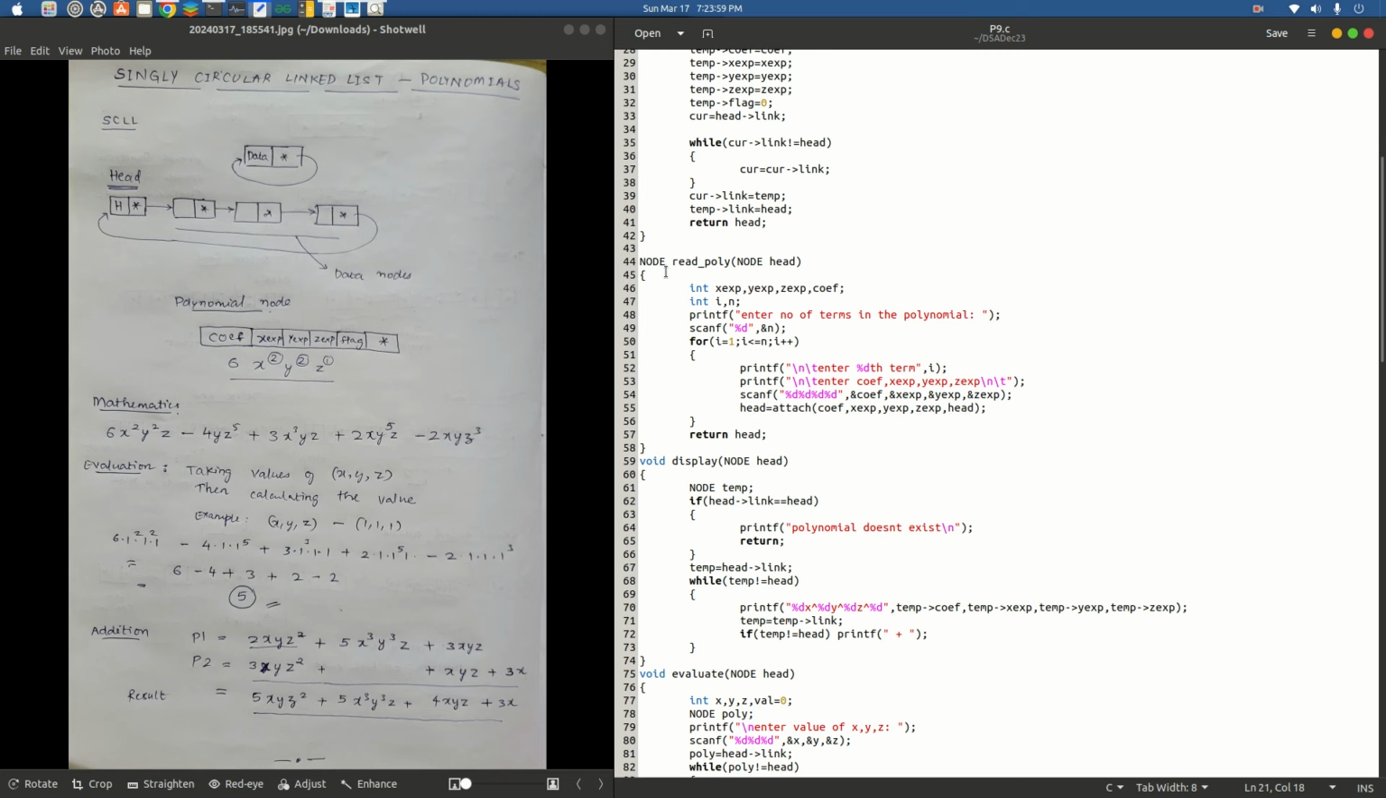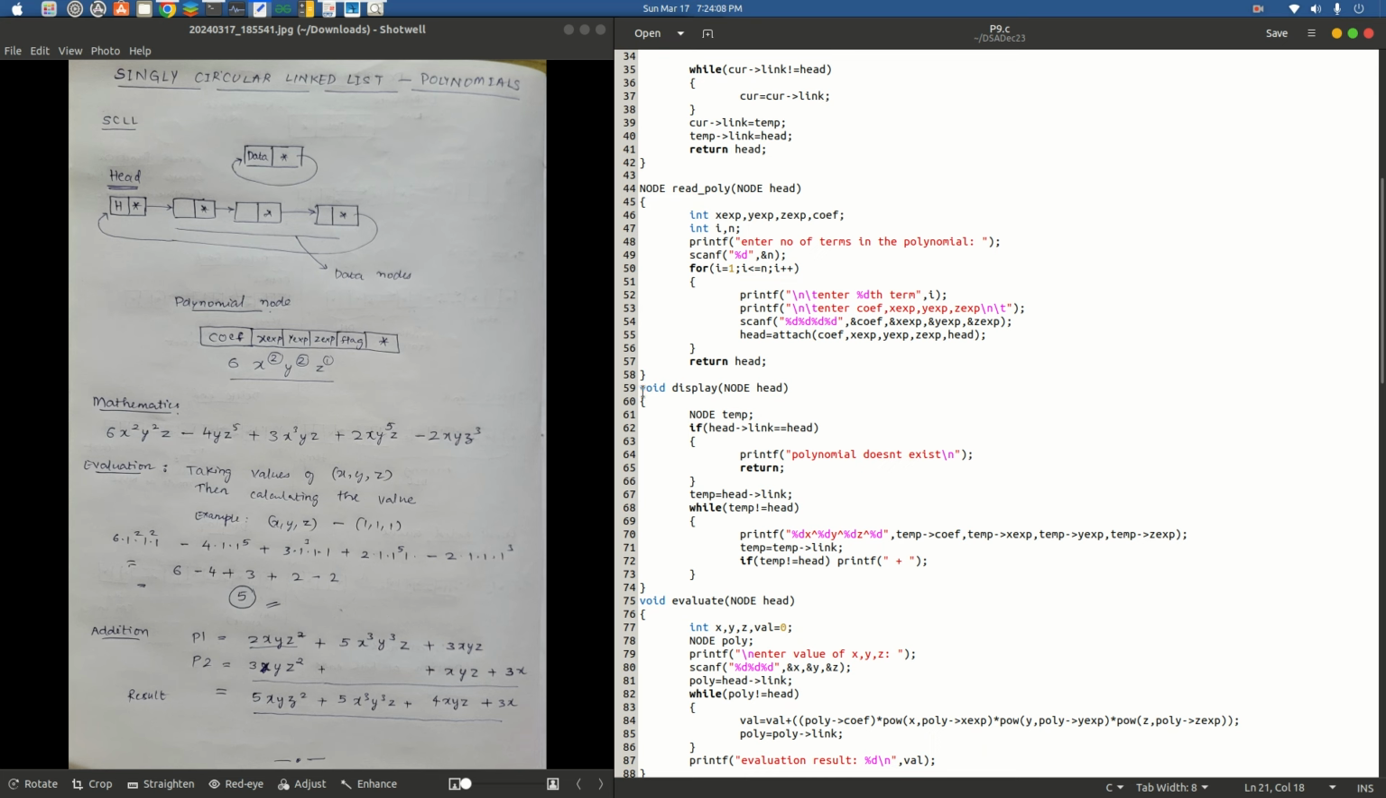So we have understood read poly now, where we accept the input and create the polynomial. Next, let us understand this function called display. Display, as the name signifies, is used to display the polynomial. So again, as this convention remains throughout the program, to refer to the polynomial, we always use the head. So head is normally passed from the main function. Void display. So we create this temporary variable called temp,